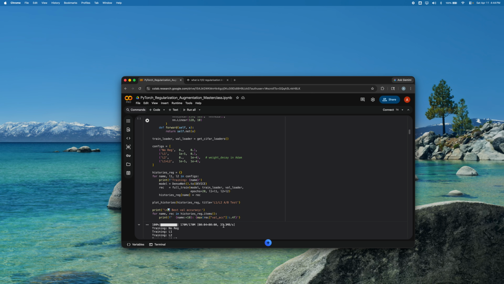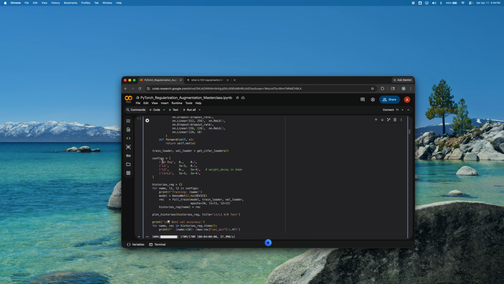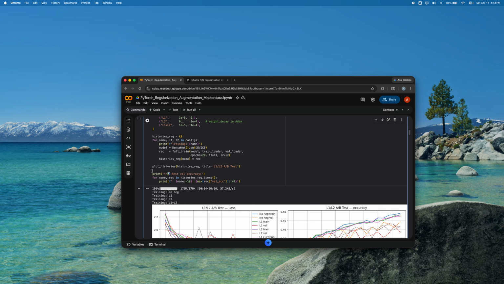In PyTorch this must be added manually inside the training loop, since optimizers don't have a built-in L1 option. So the notebook trains 4 variants: no regularization, L1 only, L2 only, and L1 plus L2 together, and all the 4 plots are